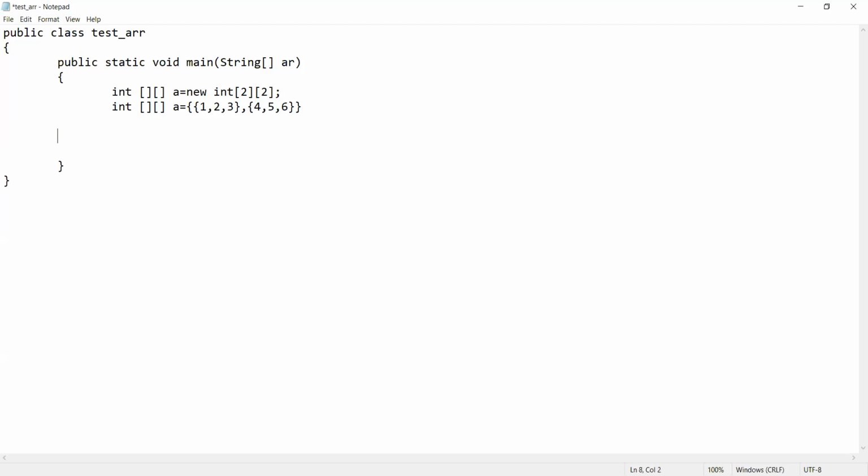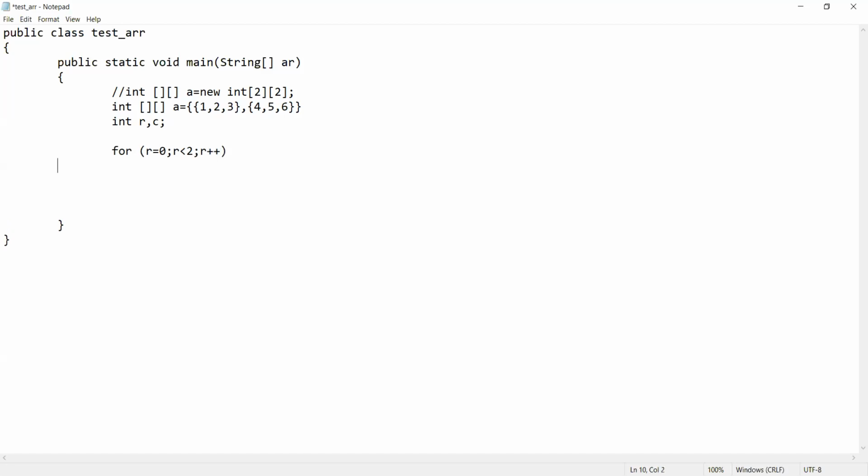Fine. Now how will you display this array? For that you require a loop for row as well as for column. So let's declare a row and column variable. Now I'm declaring a for loop. For r is equal to 0. And how many rows are there? 2 rows are there. Fine. And obviously your rows are starting from 0.